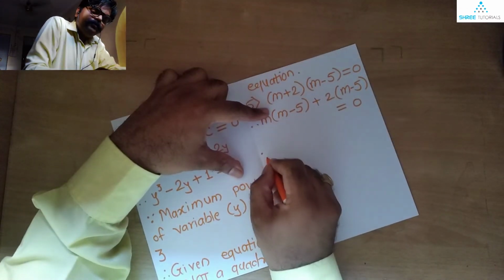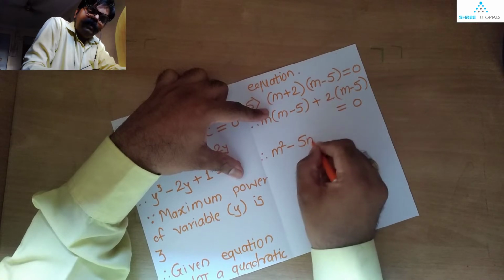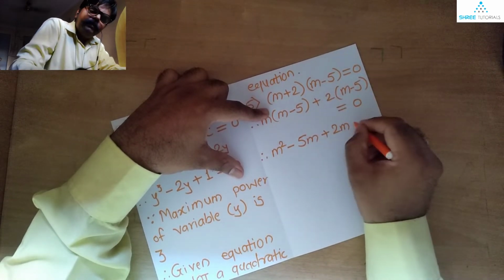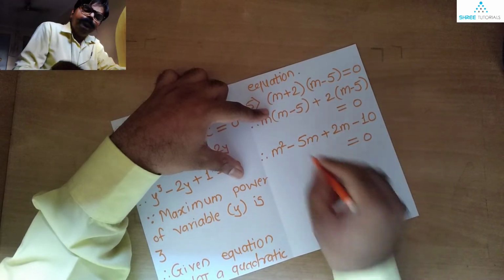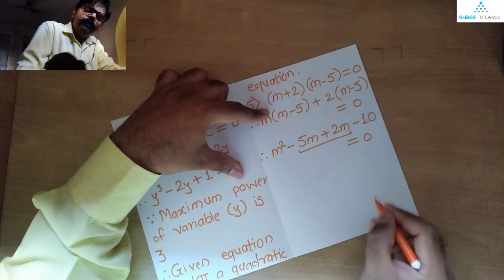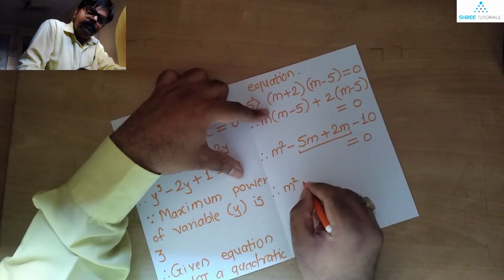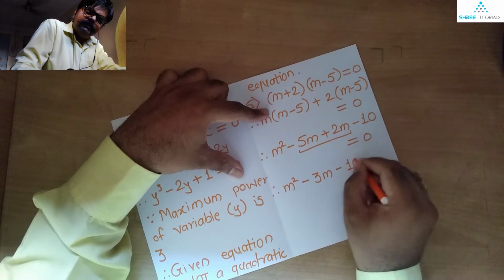Therefore m square minus 5m plus 2m minus 10 is equal to 0. Now these two we are going to add together, therefore it will look like m square minus 3m minus 10